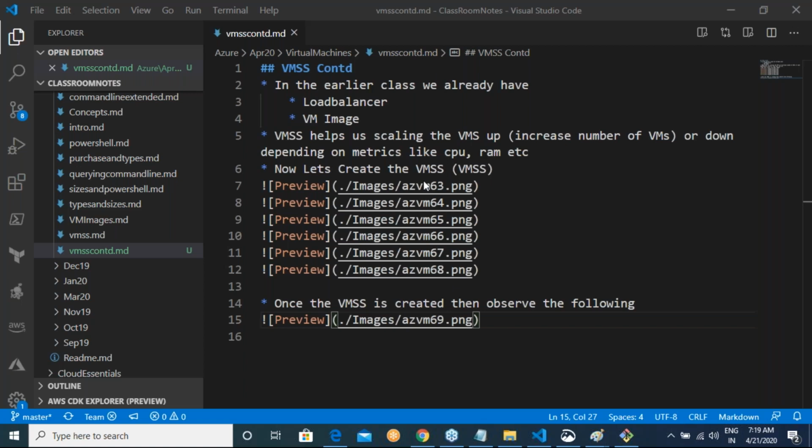Rehan, I'll speak about all of that, but first resolve my problem. First resolve my problem of the VM scale set. Try to create one VM scale set correctly. This is the whole activity which I'm giving to you guys. I've shared the documentation and I want you to get started.